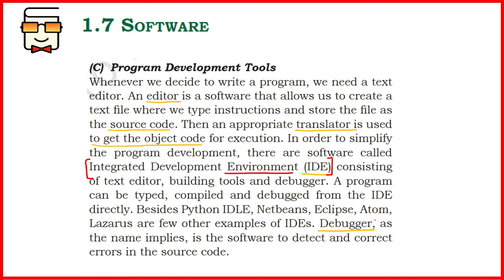Now what is a debugger, or what do we mean by debugging? Debugging basically refers to finding out and correcting errors in programs. So an IDE is a complete platform that gives you the facility of not only a text editor, but it also helps you in executing the programs and debugging them. Famous IDEs for different computer languages exist. For Python, it is Python IDLE or PyCharm or Jupyter Notebook. For Java, there are NetBeans, Eclipse, and so on.